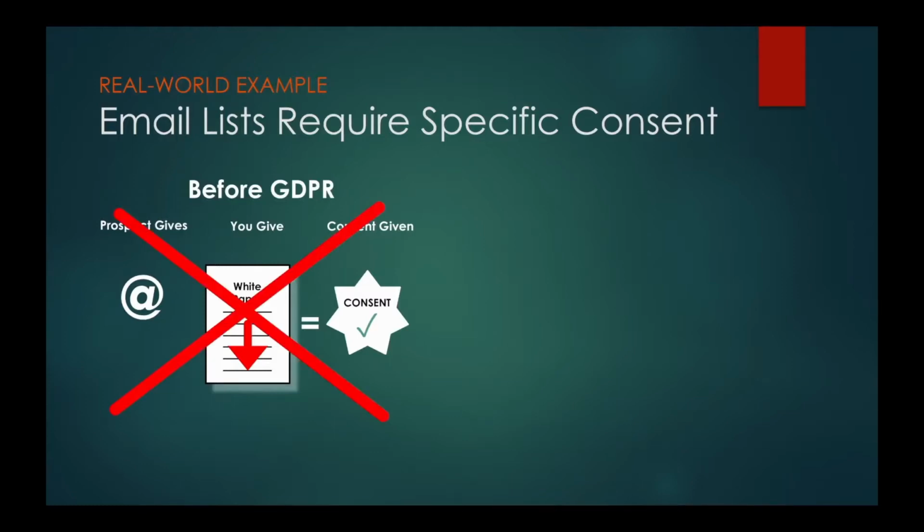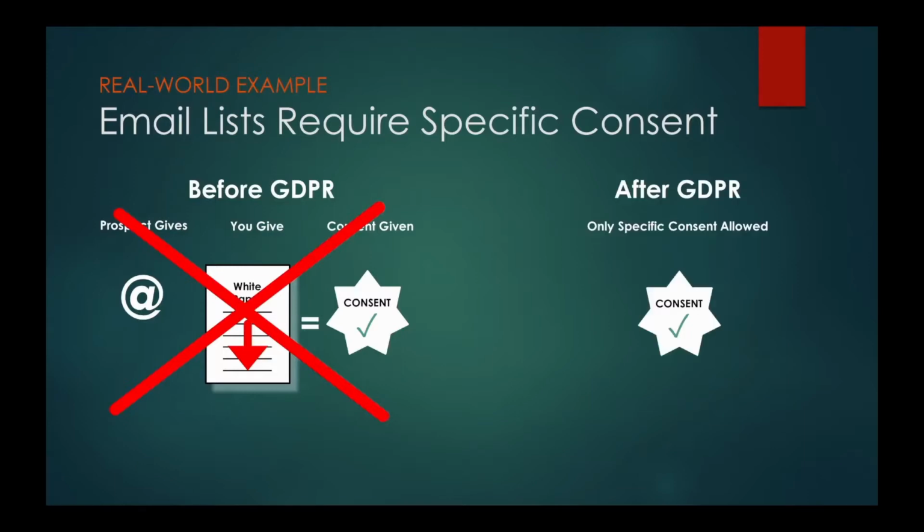With the new standard that is GDPR, that's gone. You cannot automatically capture each and everyone who clicks through a lead magnet on your marketing email list. The only way allowed to add a prospect to your marketing email list under the GDPR would be through consent. And the law requires that their consent is freely given, specific, and unambiguous. So you need to get separate consent to add them to your email marketing list. Furthermore, you can't require them to give this consent as a condition for a freebie.